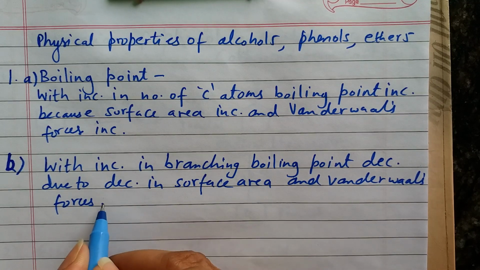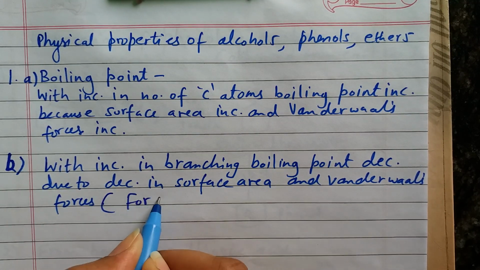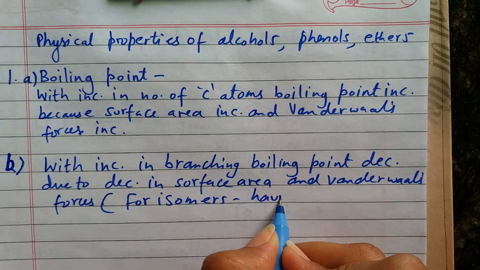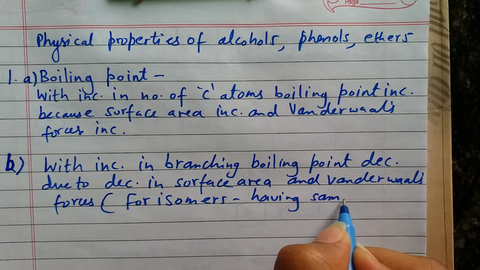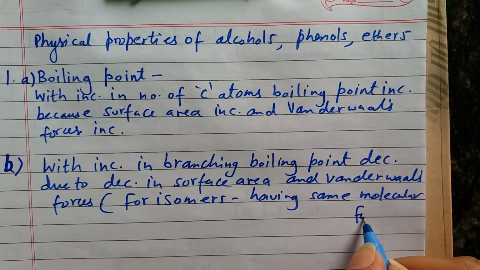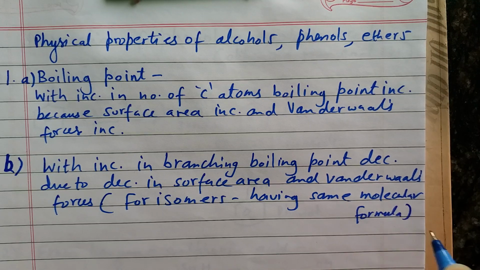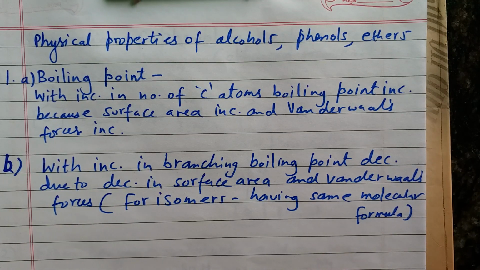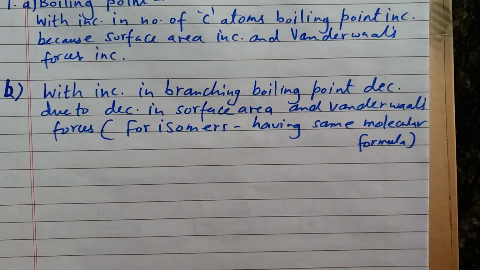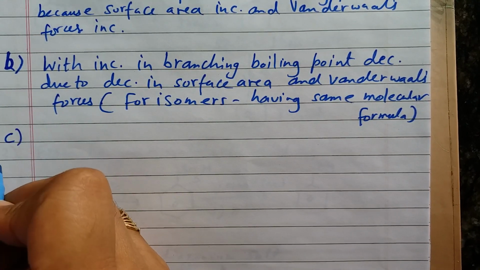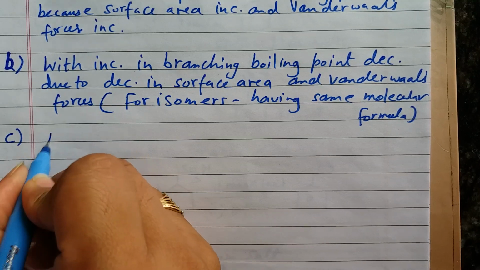And remember, this point particularly is for isomers. This is particularly for isomers having the same molecular formula. For such compounds, when there is more branching, the surface area will be less and the boiling points are going to be less. Okay, now let's talk about the third point in boiling point itself, and this is